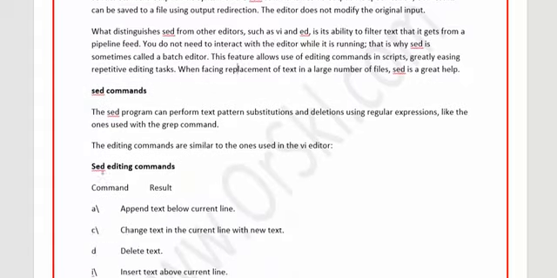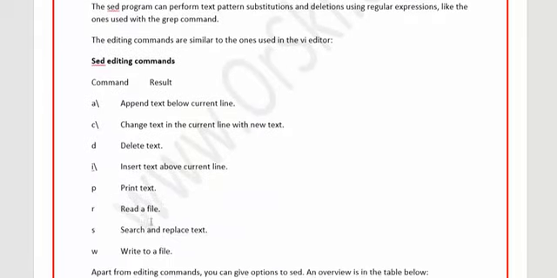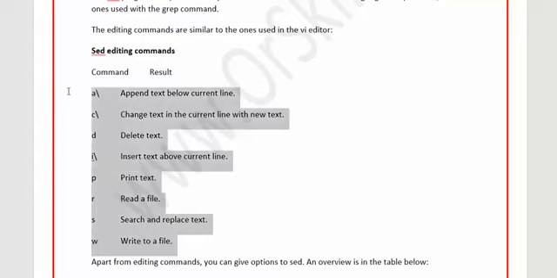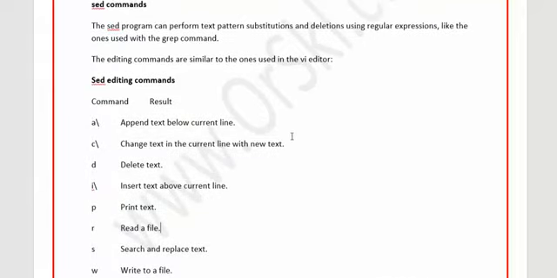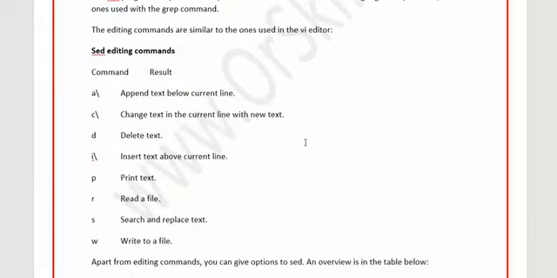So what are the sed commands? As you see here, these are the most popular set of commands. It doesn't mean that only these commands are possible with Sed. Please remember, you can use man followed by a command. If you already have hands-on experience with Unix platforms, you know that you just type man followed by the command name, and it will give you the complete functionality of that command. The same is true for Sed. Whatever I'm giving you in this table, it doesn't mean that only these commands are accepted in Sed. These are only the most widely used options.